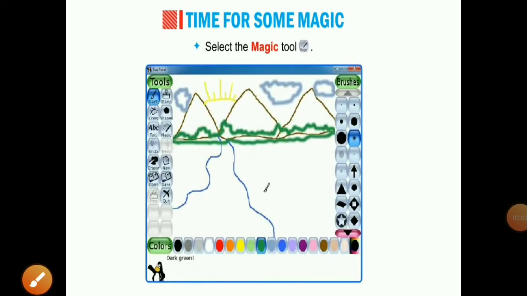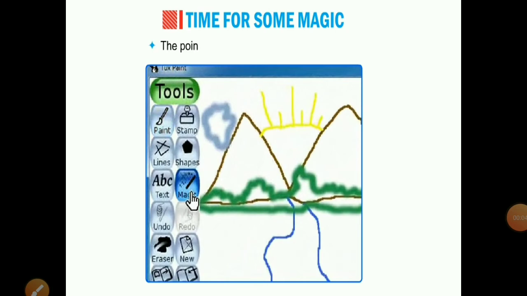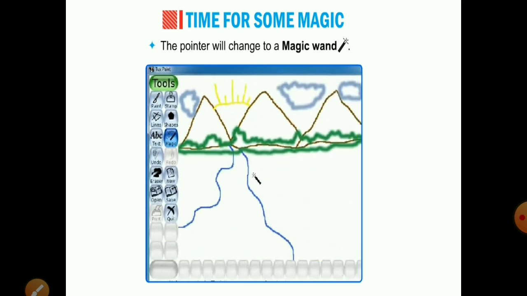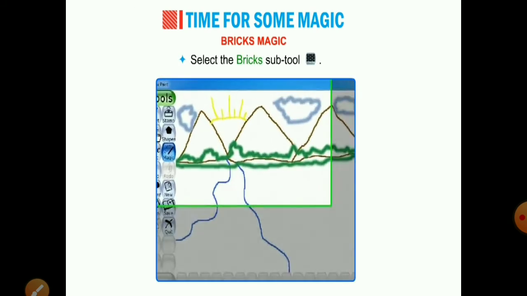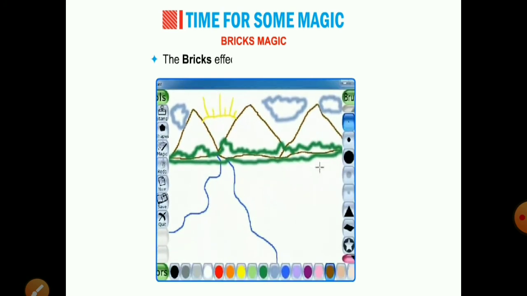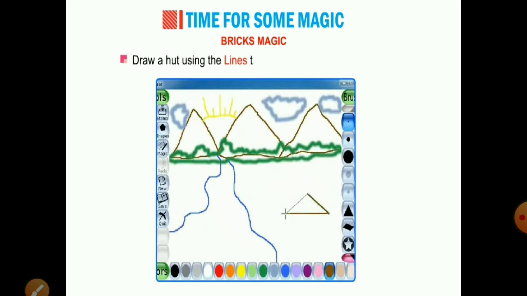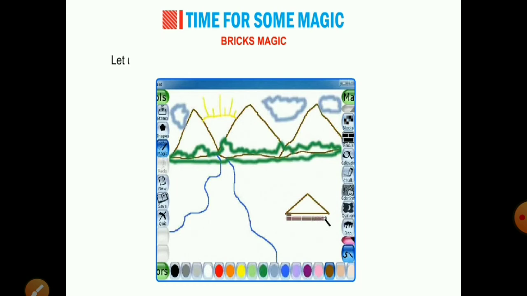Select the magic tool from the toolbox. The pointer will change to a magic wand. Now we will apply some magical effects to our drawing. First is bricks magic. Select the bricks subtool. The bricks effect fills bricks into the picture. Draw a heart using the lines tool and apply the bricks effect.